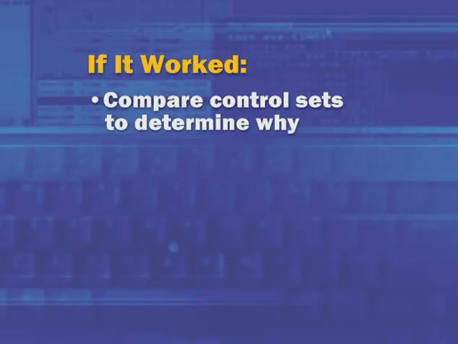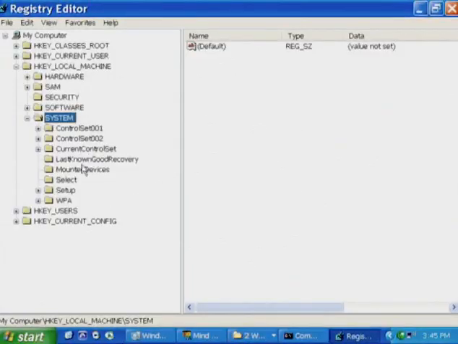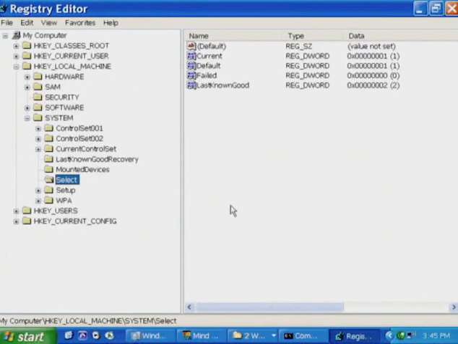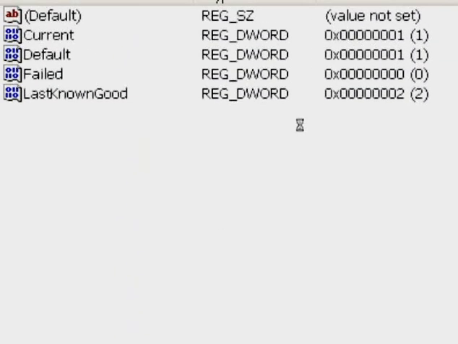That means that there's some data in the control set that was stopping Windows from booting successfully. And what you should probably do as a systems administrator, to make sure that problem doesn't occur on other machines, or to fully understand what caused it, is compare the control set that failed with the one that got your machine booted successfully. When you choose last known good, it takes that control set that you're avoiding and labels it as the failed control set. On my machine, I've never actually had to use last known good, so if we go look at what it's got configured for the failed control set, it's 0, which is no control set.